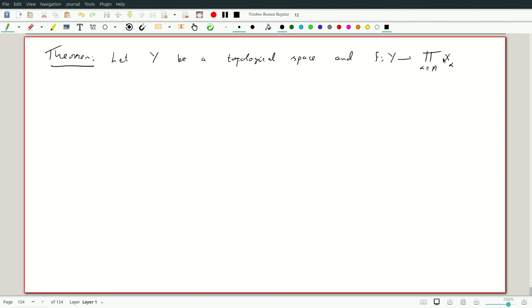So suppose F is such a function, a map. Okay. Then F is continuous